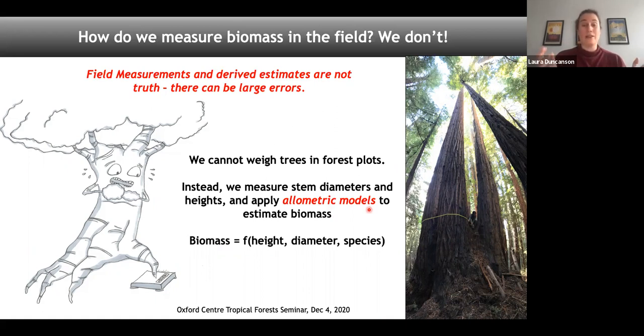So it's very difficult to actually fell trees, especially huge trees, and to dry them out, to take them to a lab, to weigh them for their actual biomass, their actual mass, right? So it means that these allometric models have been developed with relatively small samples of trees. And typically for many geographic areas, those samples really are biased towards smaller, more manageable trees that you can cut down, weigh, and then you build these empirical relationships.